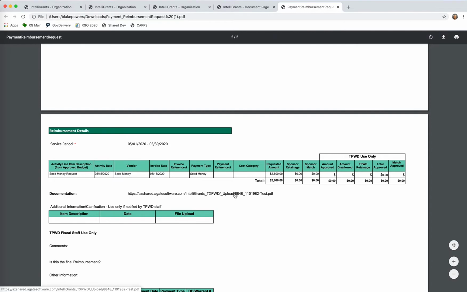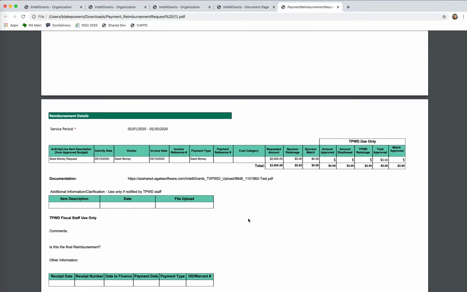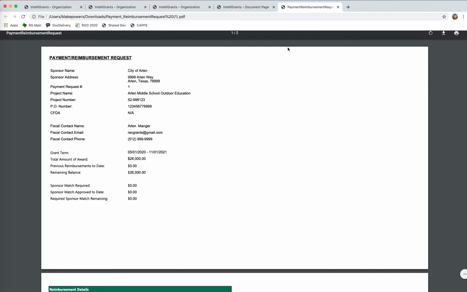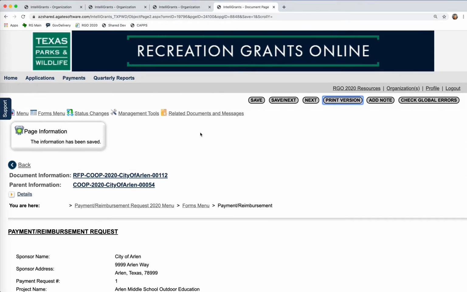Now this link may or may not work, but this will show you. Essentially, it will link to the receipts that you've provided. If this is a seed money request, in this case it is, it'll link to the form where you specify that you intend to use these funds for approved cost for your grant, okay? And once you're comfortable with what you filled out here, you're gonna simply come back here into your